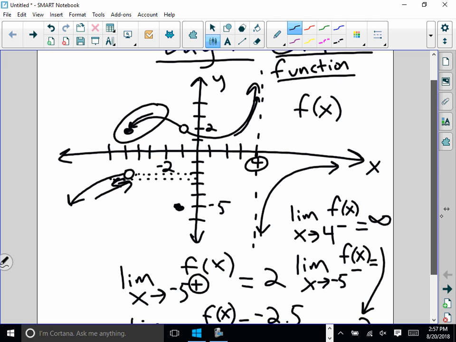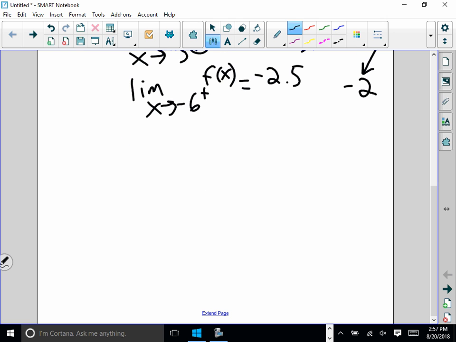Make sure you get this in your notes. The limit as x goes to a, notice there's no plus or minus after that a, just the limit as x goes to a of f of x exists if and only if